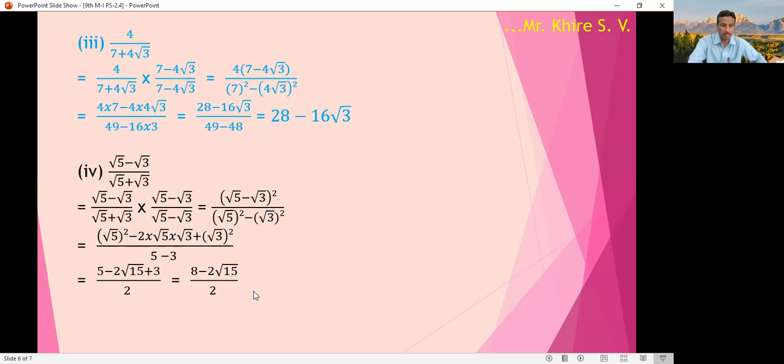Now separate the denominator. Divide 8 and 2 by 2. 4 the 8 and 2 on the 2 like this. Therefore, we will get upon 2 on the 2 is there, 1 is the denominator. Therefore, 4 the 8, 2 on the 2, 15. That is 4 minus root 15. The answer of fourth example. Understood?